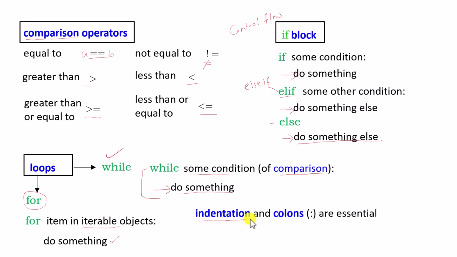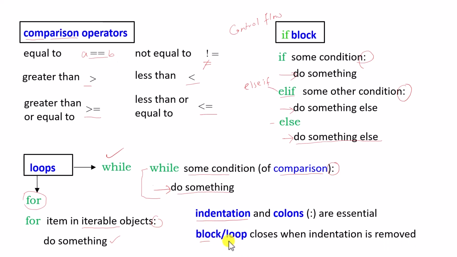Just like the indentation, the colons, as you see here, are also necessary in Python, which is unlike many other programming languages. Similarly, these blocks and loops close when the indentation is removed, which is unlike most other programming languages. In most languages, this block has to be closed properly with a closing statement, but here there is no closing